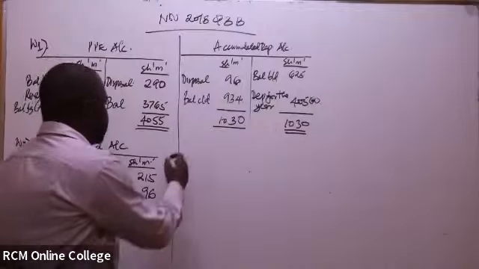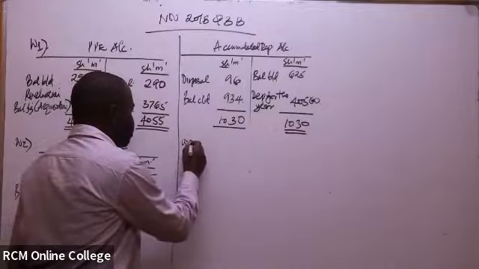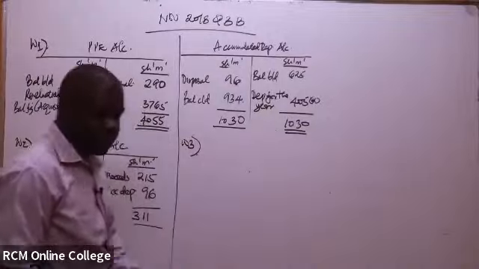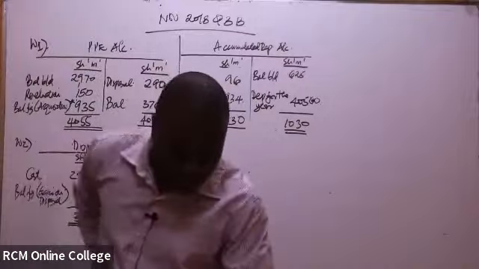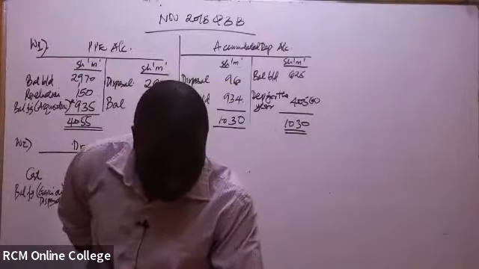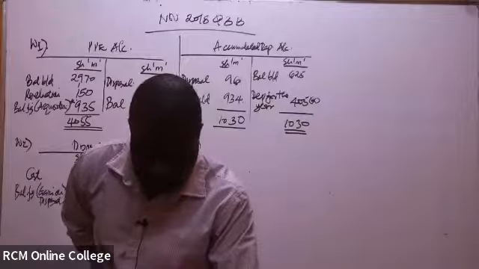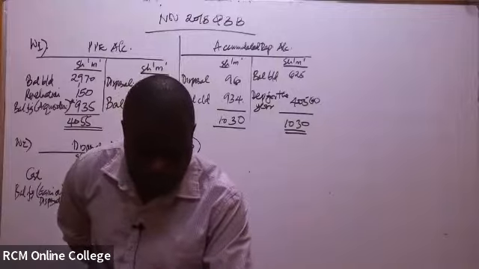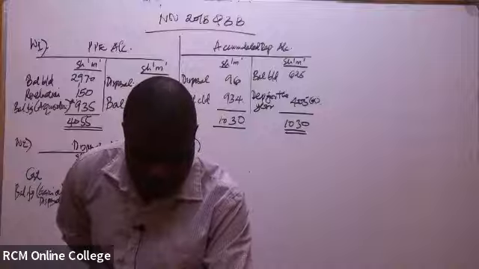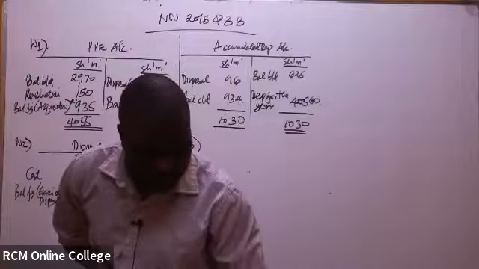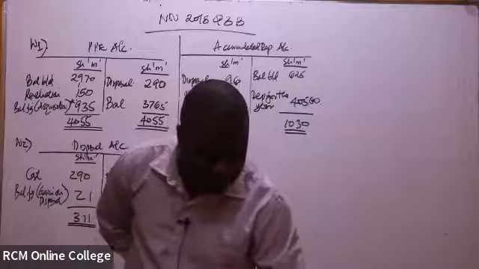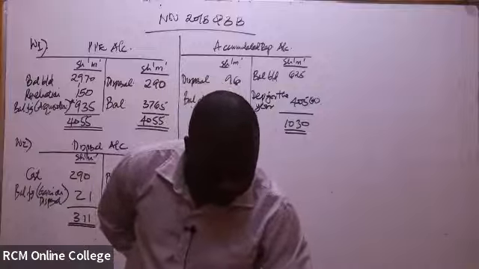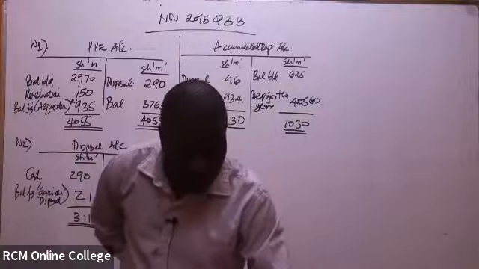So we can go to the other working, which will be working number 3. This one is in connection to note number 2. You are told under note number 2 that the 10% convertible loan stock was converted at any time at the holder's option. So if you look at the statement of financial position, the 10% loan stock,